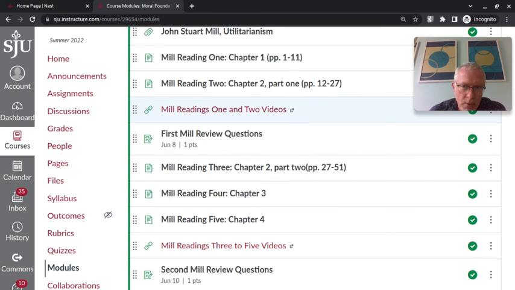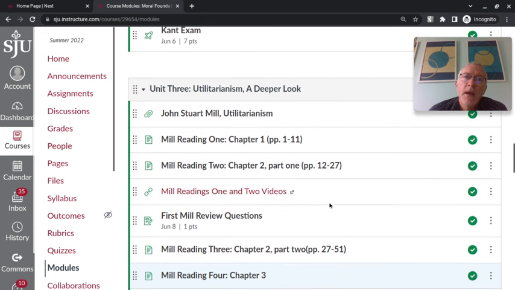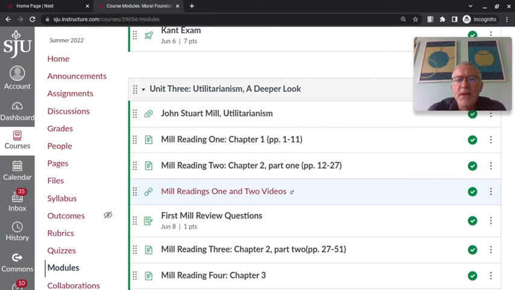But we're reading John Stuart Mill's Utilitarianism, at least the first four chapters of it, in preparation for an exam at the beginning of the week after on the material. In some ways, utilitarianism is much simpler than Kant. And in some ways, especially since we're reading John Stuart Mill, it's not as easy to put your finger on just what the procedure is.